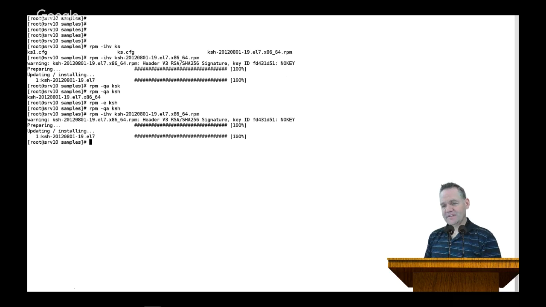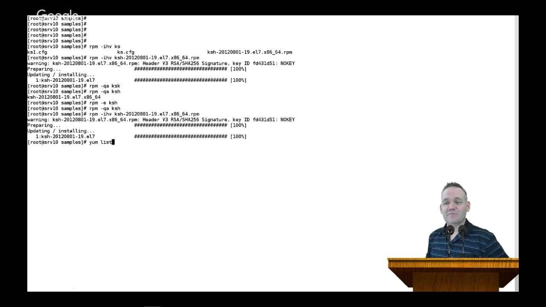Now, the other tool here would be yum. Yum is the Yellow Dog Updater Manager, and yum is basically a front end for RPM. Yum uses repositories, so it is connected via some file protocol. It could be a local directory, it could be FTP, but there's some repository, and you can run